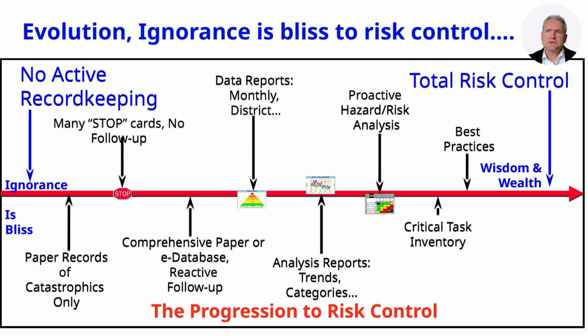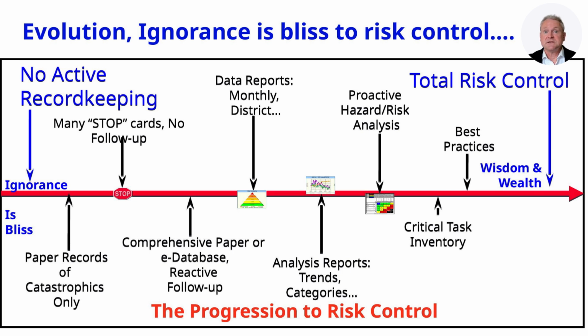Building on this, the industry embraced proactive hazard and risk analysis. Tools like risk matrices and bowtie analysis allowed risks to be anticipated and mitigated before drilling began. This was strengthened further with critical task inventories, ensuring that high-risk activities, such as pressure testing or well control drills,